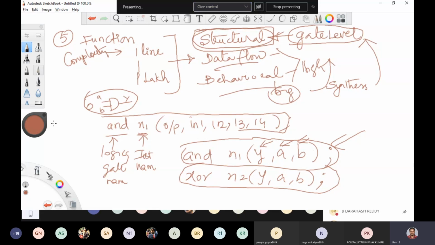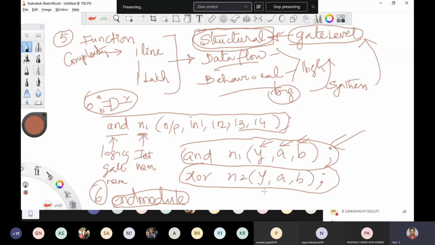So now I'm going to use this structural modeling for making the Verilog HDL. This is the 5th line. Now my 6th line of your Verilog HDL is one word, endmodule. It is a one-word keyword, there is no gap between end and module, just one continuous word, endmodule. It says the module you started and created is ending here. So this is the 6th line of your Verilog HDL.